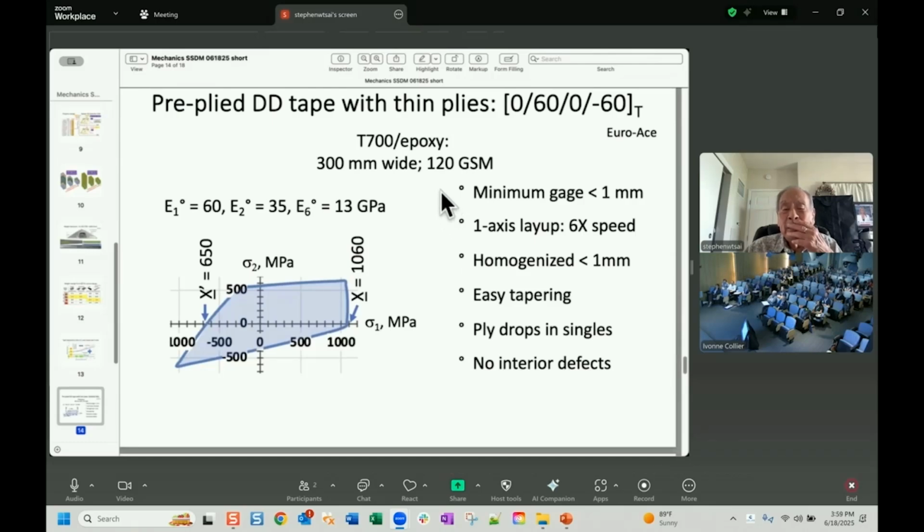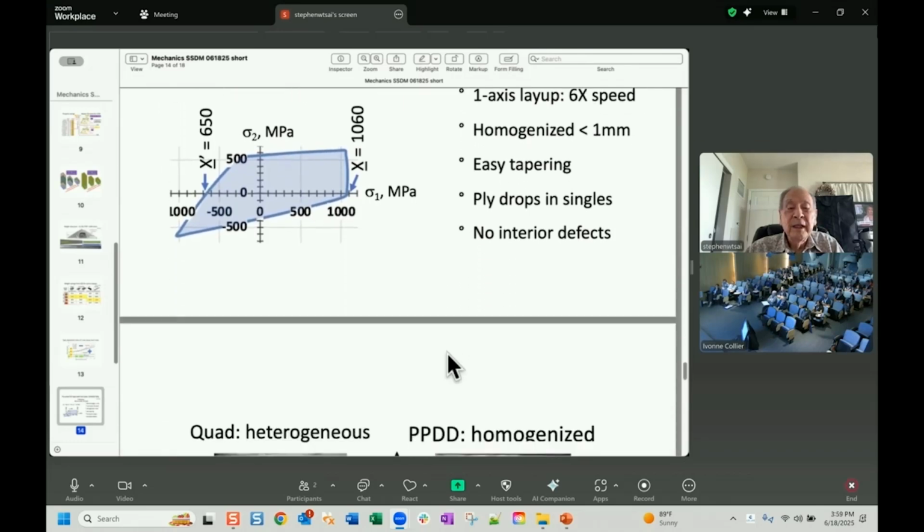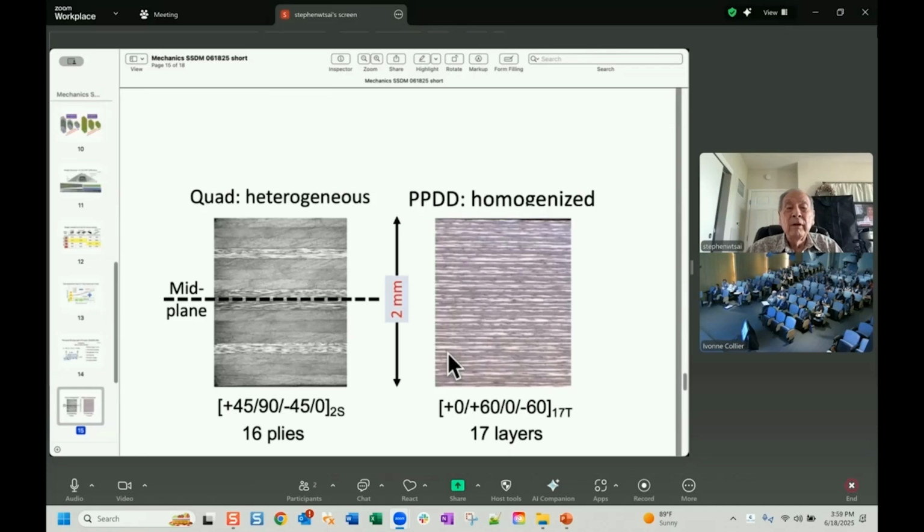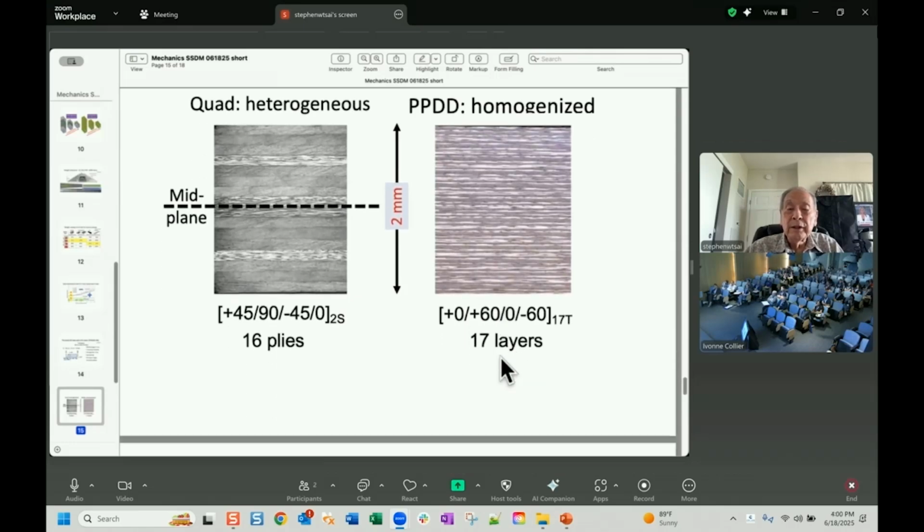You have less minimum gauge, and you have one axis layup, you're homogenized, it's easy to taper, and ply drop in singles, and no interior defects. And this is an example of what we call pre-ply double, and this is the view of the traditional, and this is what we believe is the future,